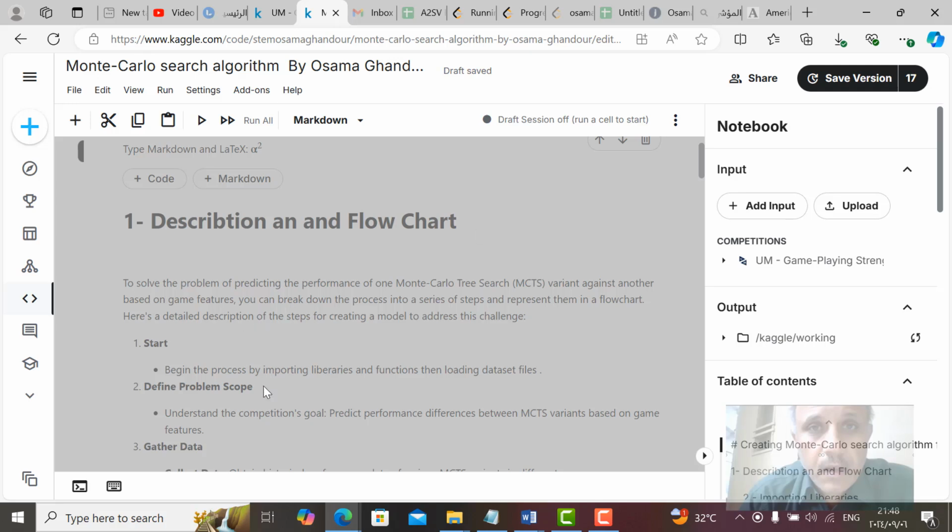Start the process by importing libraries and functions, then loading the dataset files, then define the problem scope, understand the competition's goal, predict the performance difference between MCTS variants based on game features, then gather data,